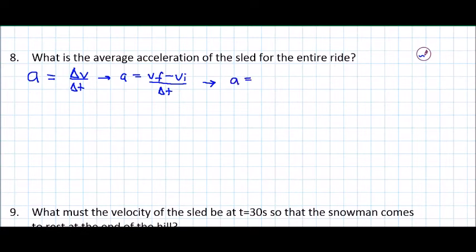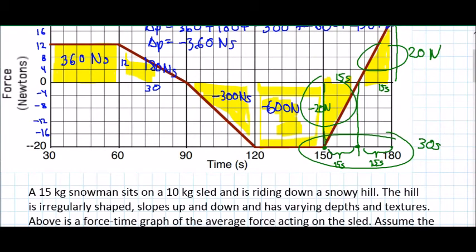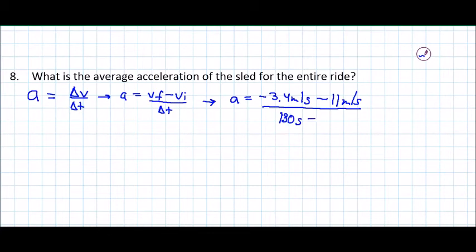So a equals Vf, which is our final velocity from question 6 that we found to be negative 3.4 meters per second, minus the initial velocity, which we were given in the description of the problem, and divide that by our time. Final time is 180 and our initial is 30 seconds. So divided by 180 seconds minus 30 seconds, which will give us that acceleration is equal to -0.3